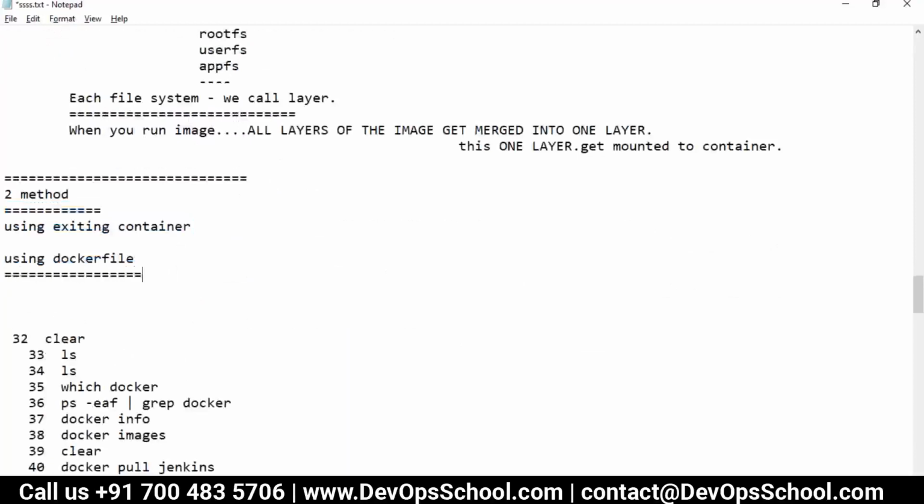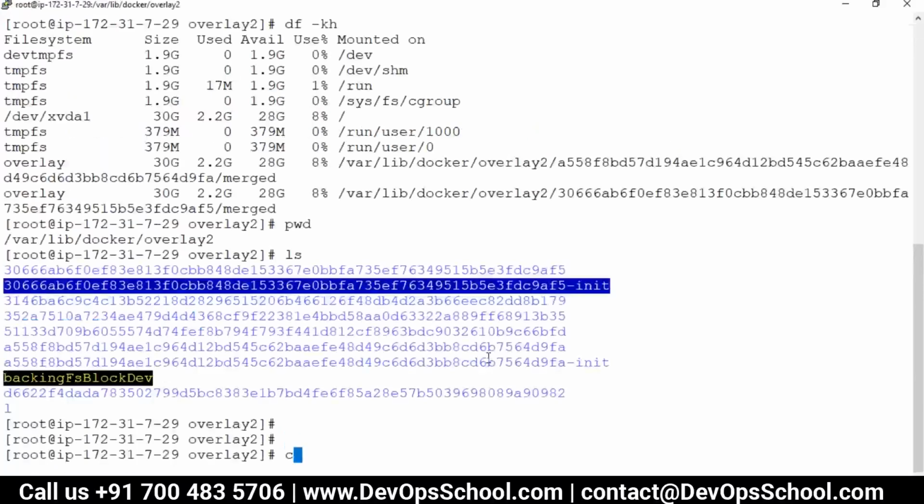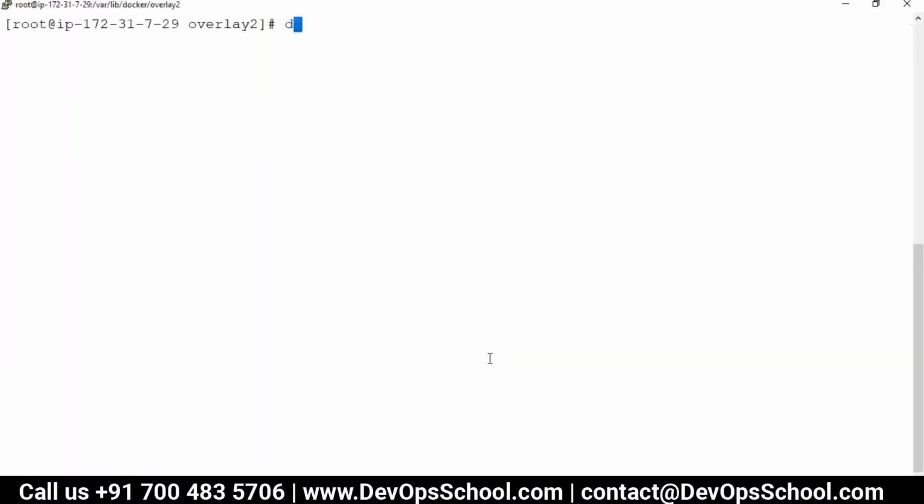Let's say my manager asked Rajesh to create a container which has Ubuntu as a base, JDK stored and Git installed, something like this. He wants the image out of it, so he can get a container and use JDK and Git, or maybe Apache 2 also. So this is what he wants. What I will do, simple, I will create one container. So docker run -it ubuntu. This container gets created and I will go inside the container.